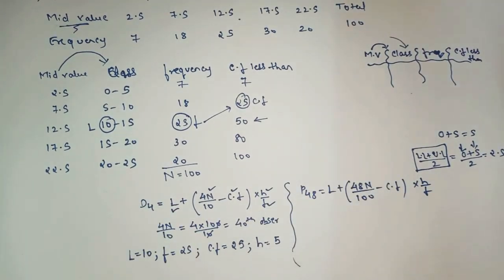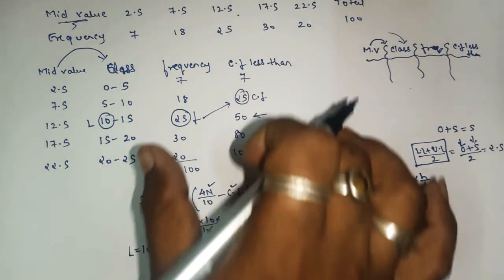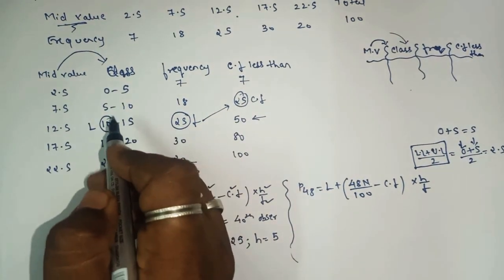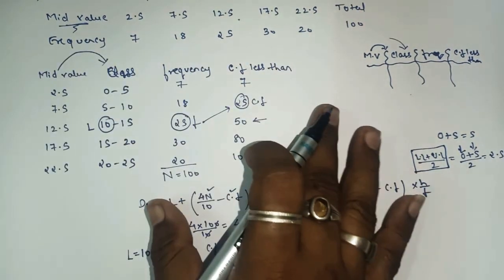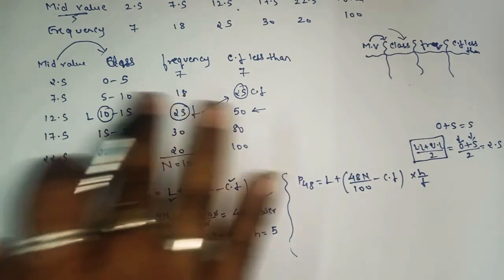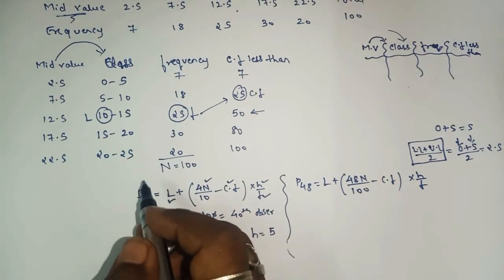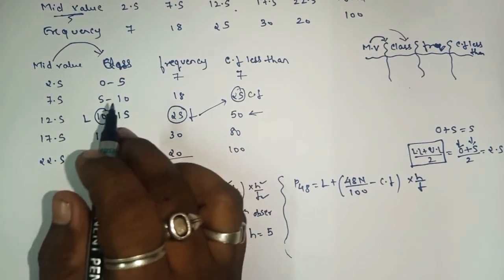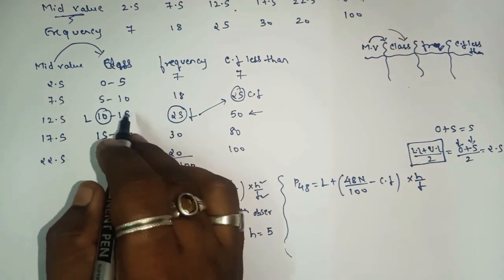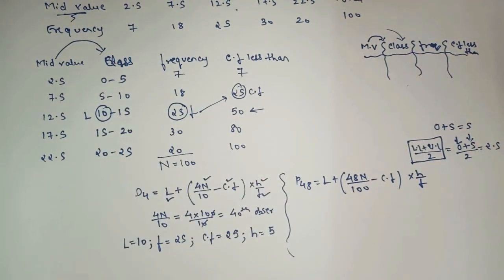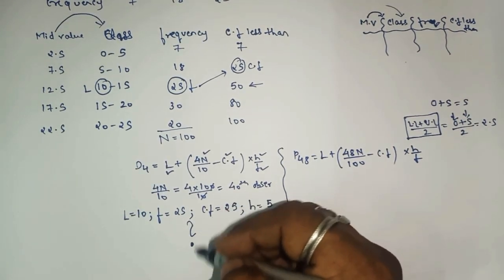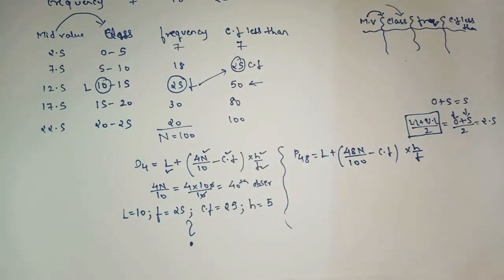Simply take the formula, substitute the value, a basic adjustment, you will get the answer. And see that the final answer should lie between 10 to 15 only. If you are getting an answer less than 10 or more than 15, you have to straight away think that our answer is wrong, because as per the rule, the D4 class lies between 10 to 15. So of course the answer has to lie between 10 to 15 only, either 10, 15 or in between. The remaining part I guess you can try by yourself, just substitute the value, you will get the answer.